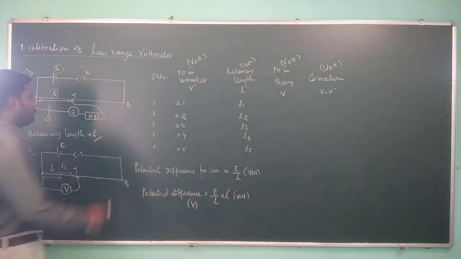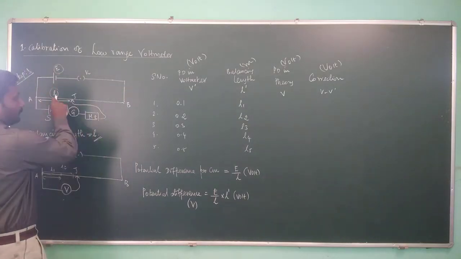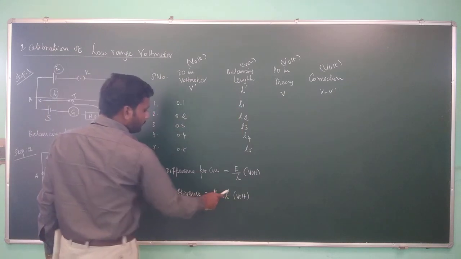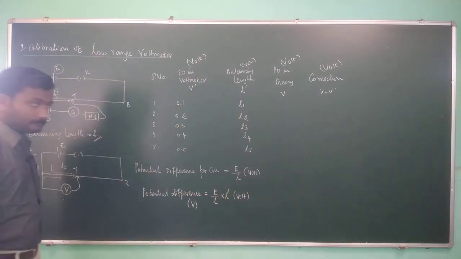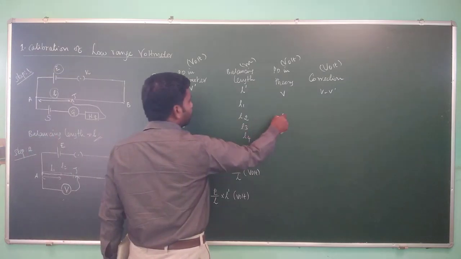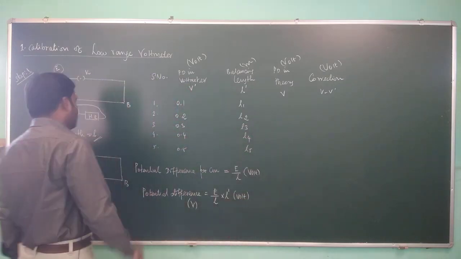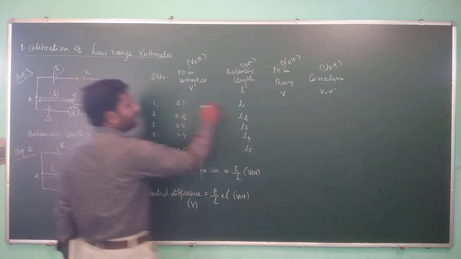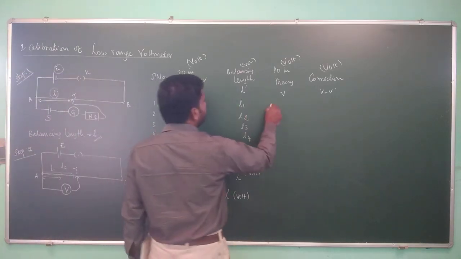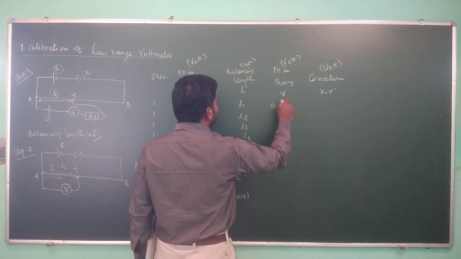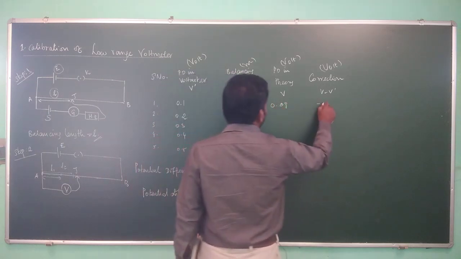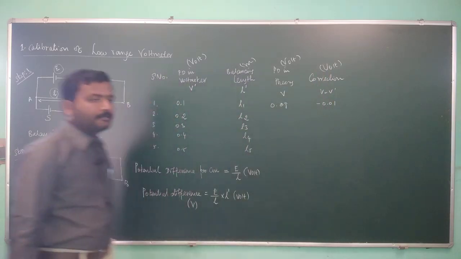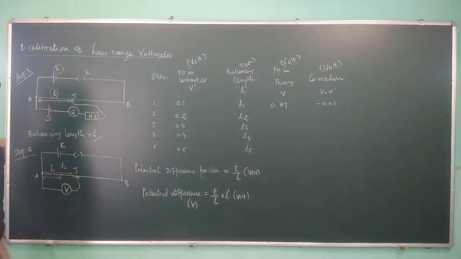How to calculate? We know E and L. From this tabular column we have L1, L2, L3, which are applied in place of L prime for different values, and we write what is the theoretical V. The voltmeter readings are already tabulated here. We will take the difference. For example, here it may be 0.09, so that V minus V prime becomes minus 0.01 volt. In that way we can make the tabulation.